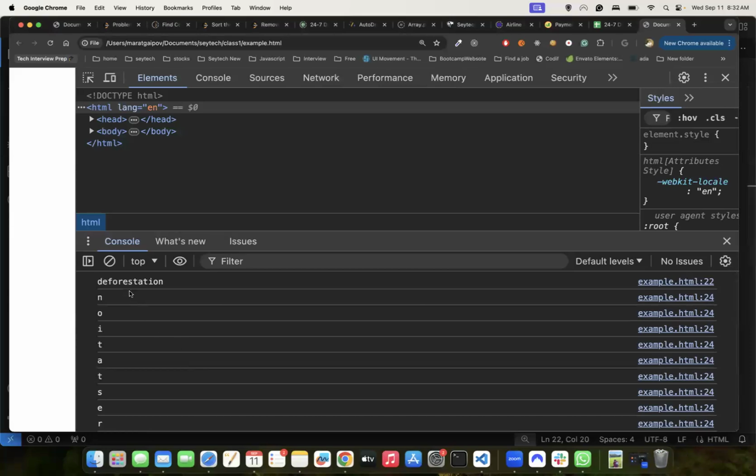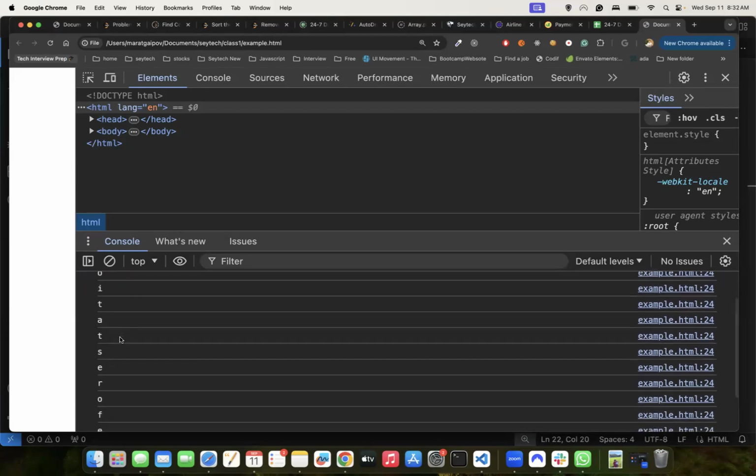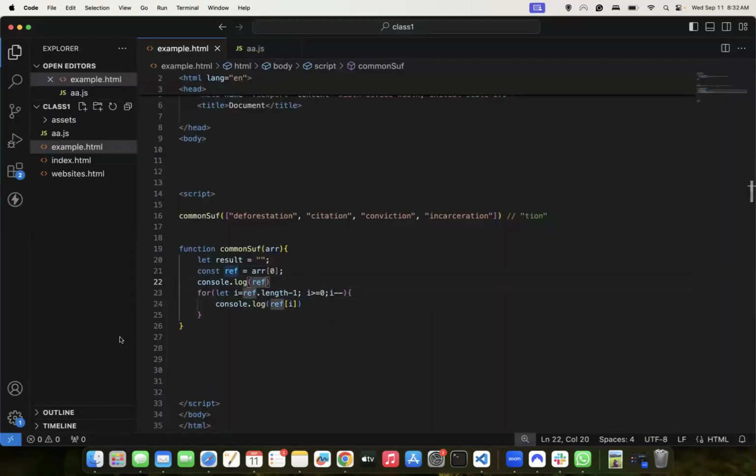Yes, deforestation. We just need, yeah. Yes. So now